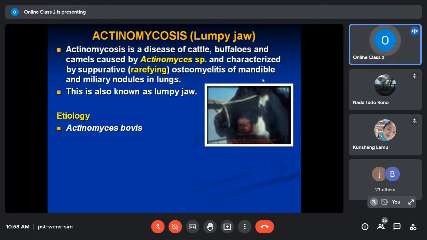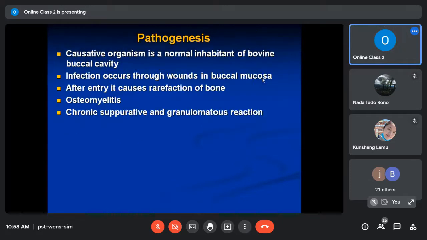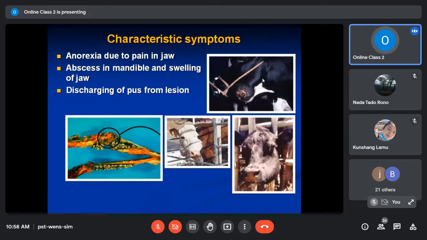So it has been given the name lumpy jaw, right? And we have already discussed the pathogenesis: the entry of this organism through abrasions or injuries, then affecting hard tissues like the mandible and jaws, causing granulomatous inflammatory reaction